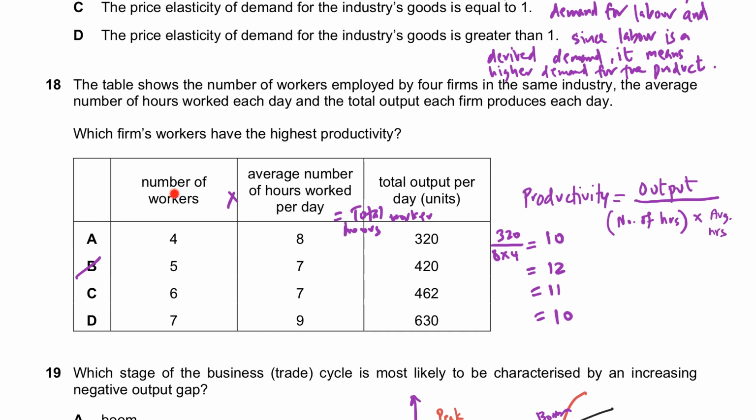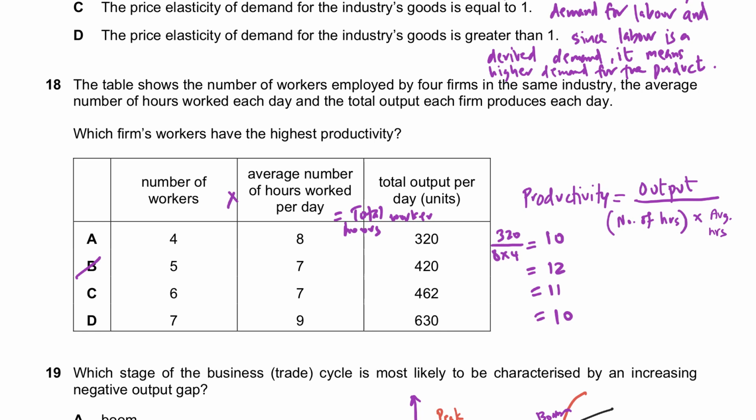If you multiply these, you get total worker hours spent. So for example, 4 times 8 gives you overall 32 hours spent in this job, but those 32 hours resulted in 320 units of output, which means the productivity would be 10 units